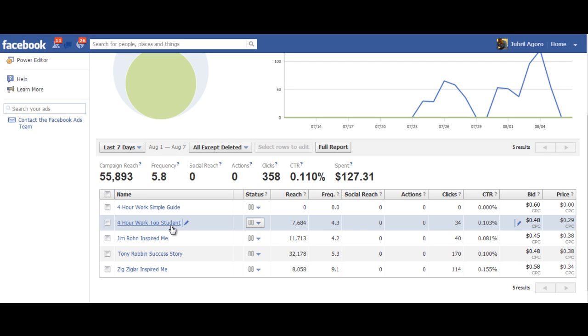And today I'm going to be talking about how to create a Facebook ad and how to properly send your traffic to an external website. A lot of times people have been saying, oh, you can't get low price clicks for less than $1 if you don't send the traffic to a Facebook fan page, which is absolutely not true.